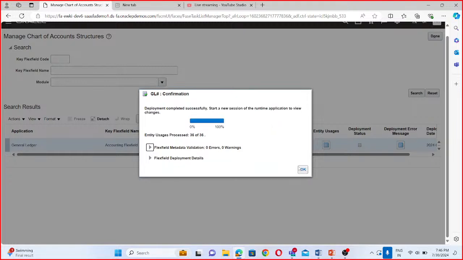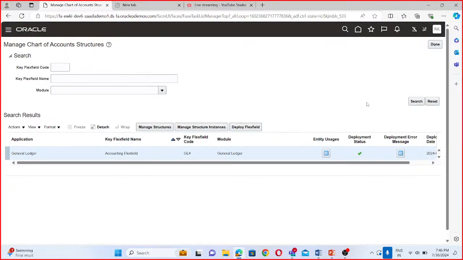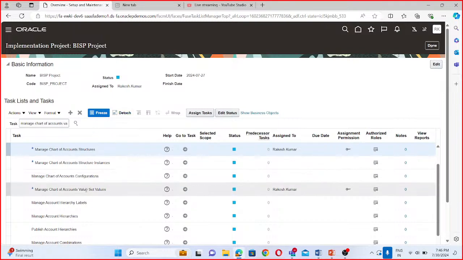Okay, click on OK, click on done. See our deployment status, we have done. Click on done, move to the intercompany data. So for that